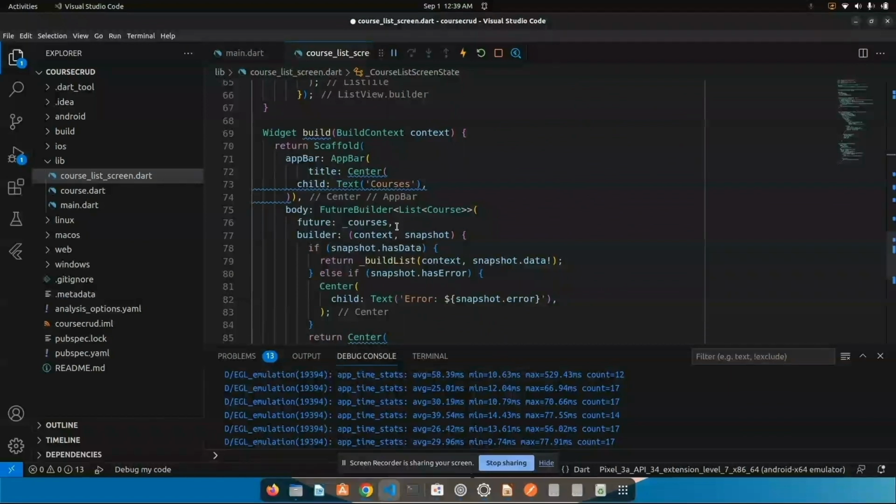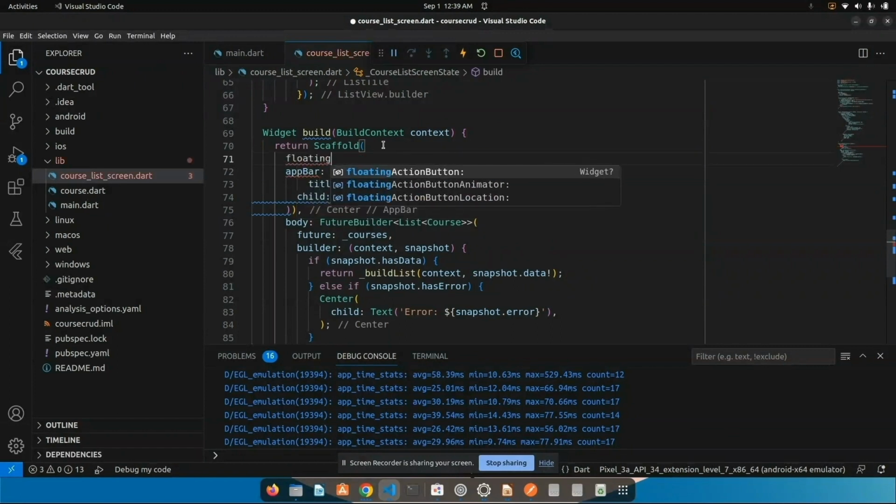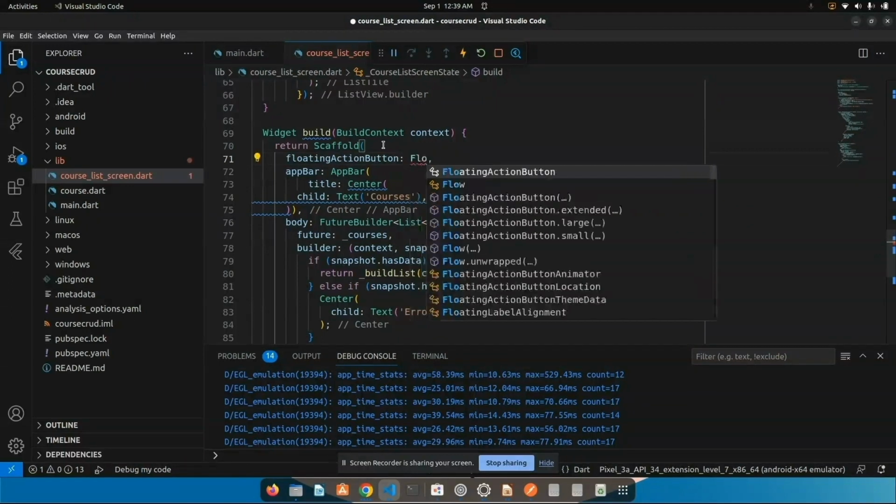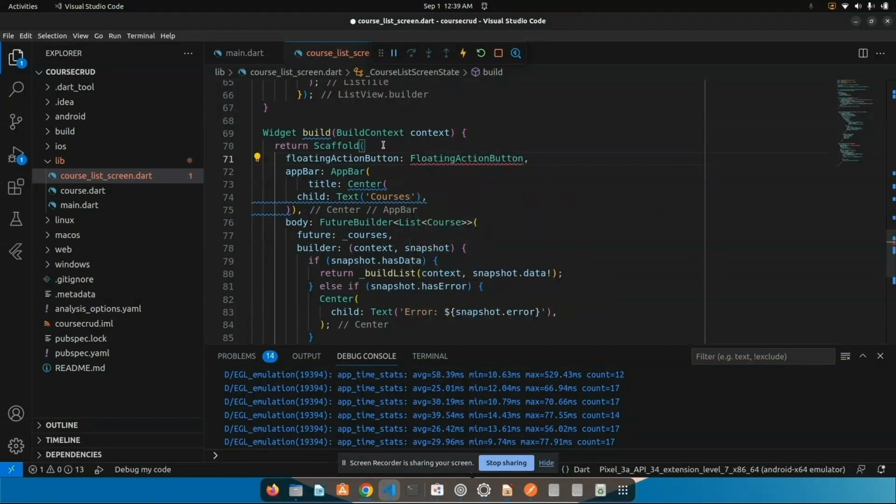So for that, just add the property of floating action button here in my scaffold, and on my floating action button, I will use the Flutter floating action button widget with